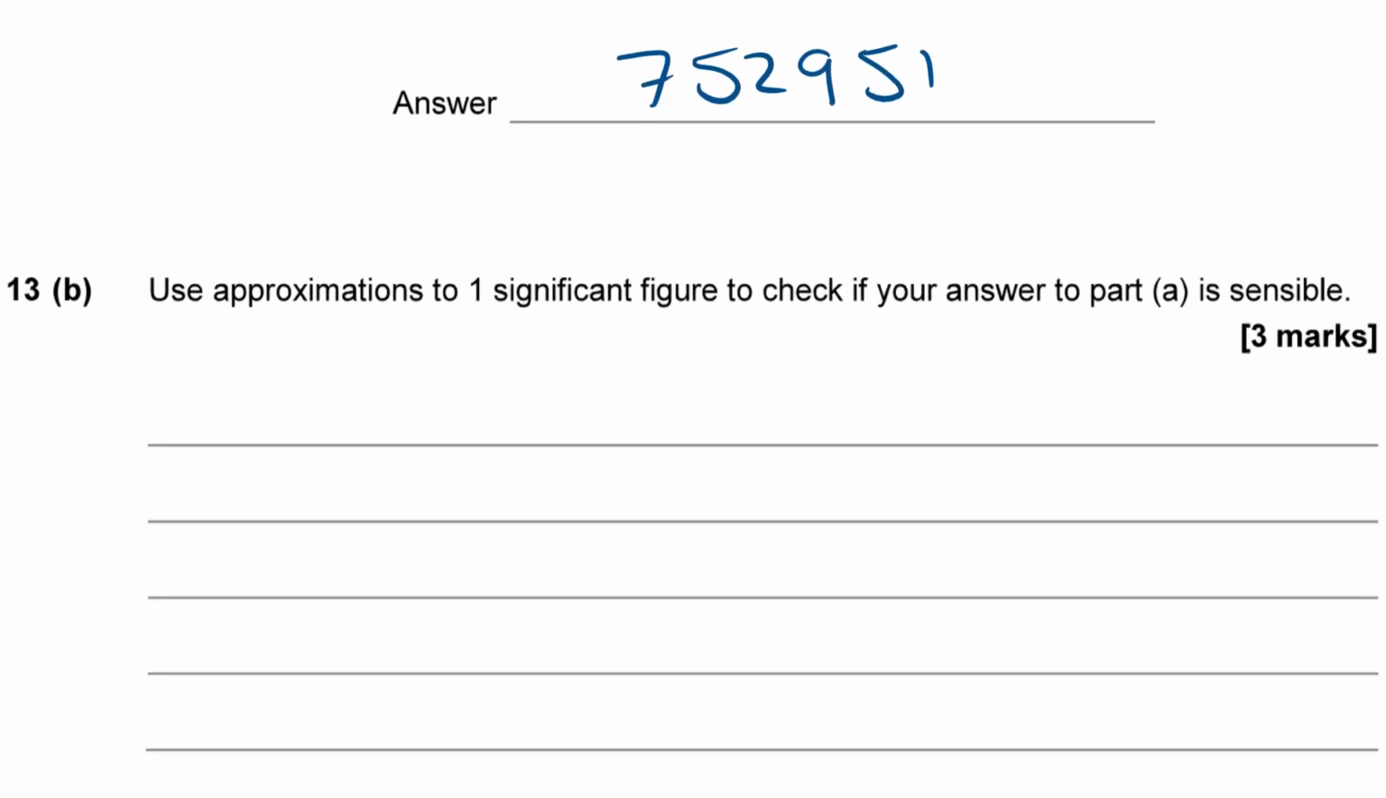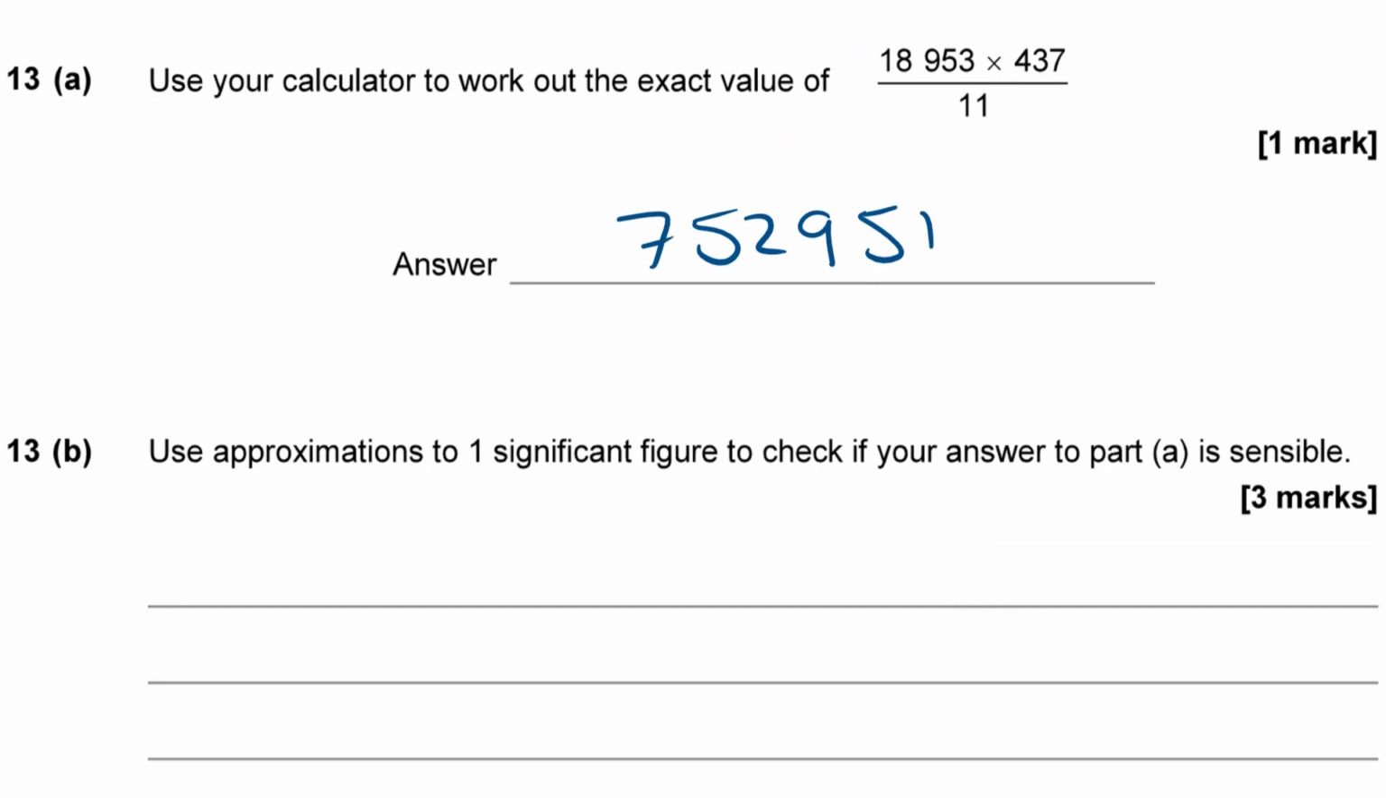Okay, part B says use approximations to one significant figure to check if your answer to part A is sensible. Approximating like this is quite a good way of just double checking your work, because you can do it quickly in your head. So if I was to round off each of those numbers to one significant figure, I'd be rounding that one off after the first digit. It's got an 8 after that, so I'd be rounding up, wouldn't I? So my first number is going to round up to